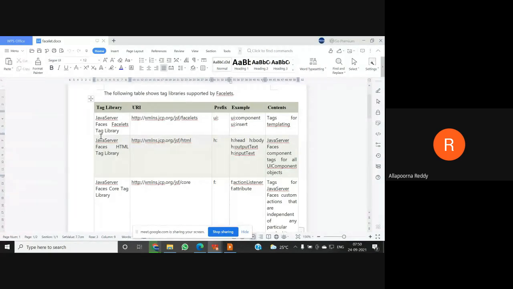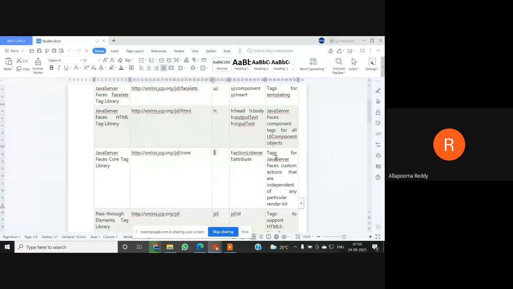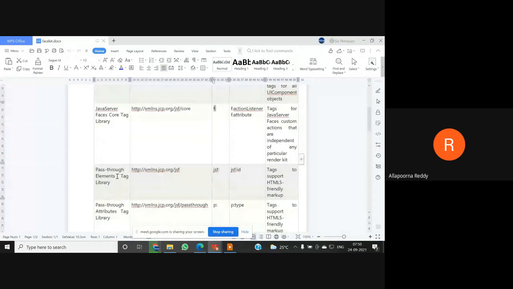It is the Java server faces HTML tag library. Suppose I want to go with the core tag library, then I represent it with the prefix F here, and examples for it are action, listener, and attribute, right?